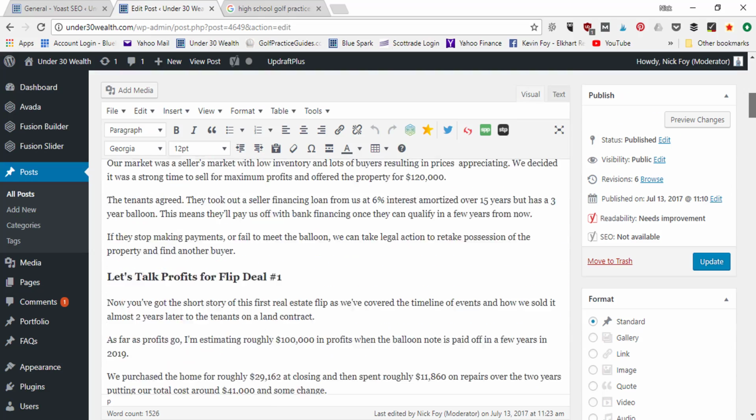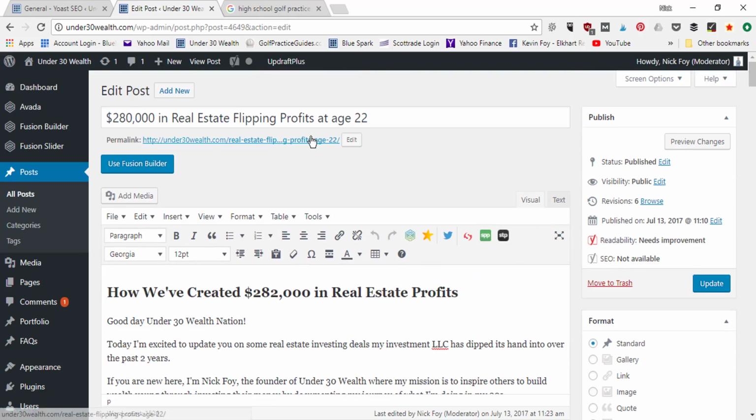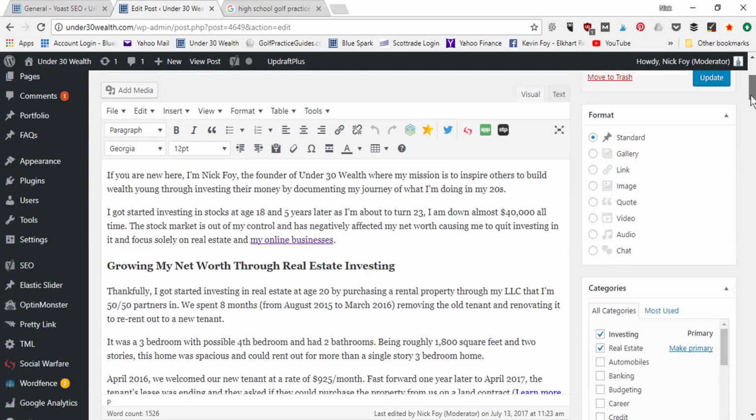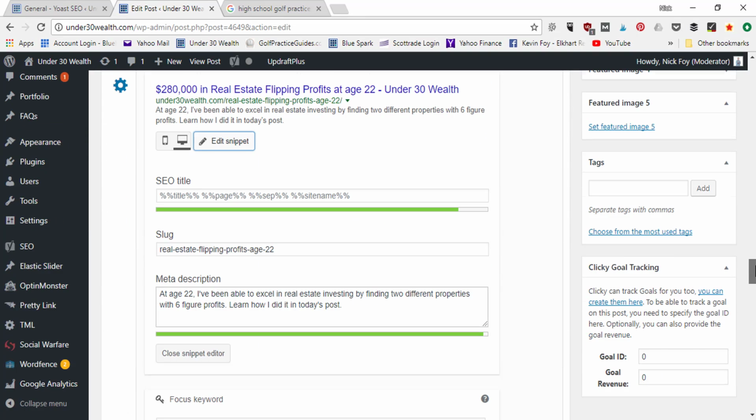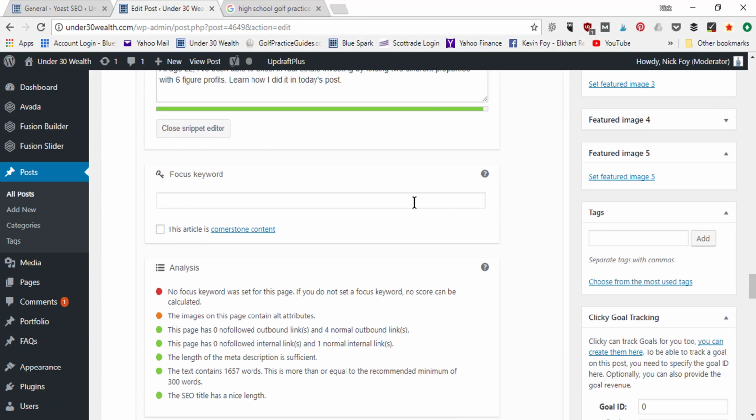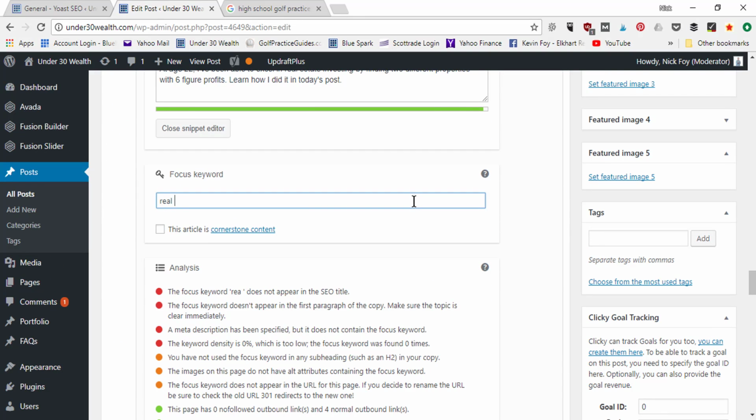So for example, coming back up here to the top, if mine is about real estate flipping profits, let's say somebody was typing in some different keywords like real estate investing, real estate profits, flipping houses. Those would all be different phrases somebody might type in. So to make things easy, let me just use a basic short keyword like real estate, but you can also